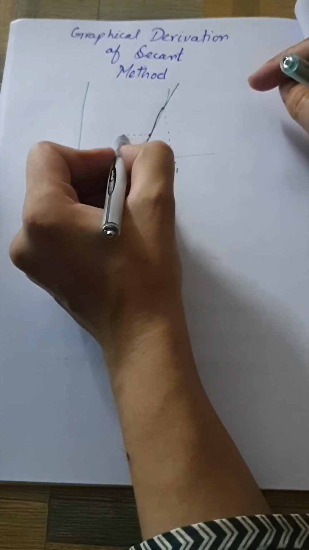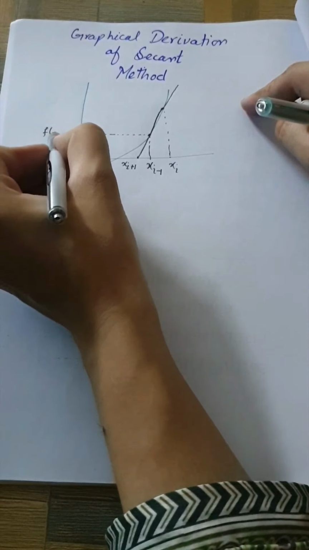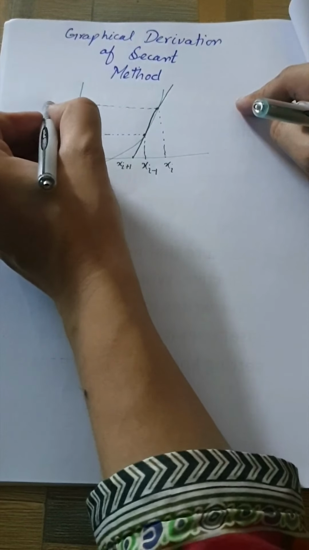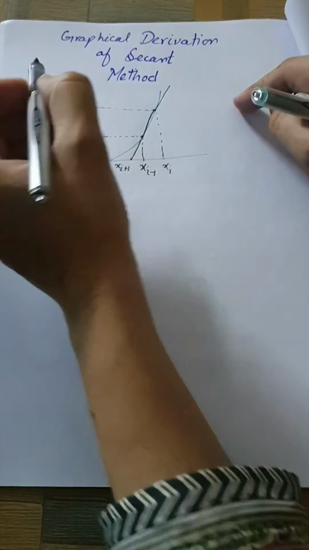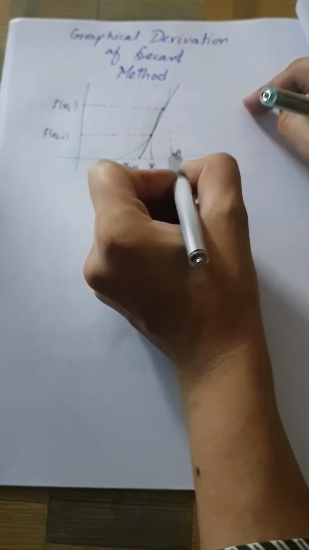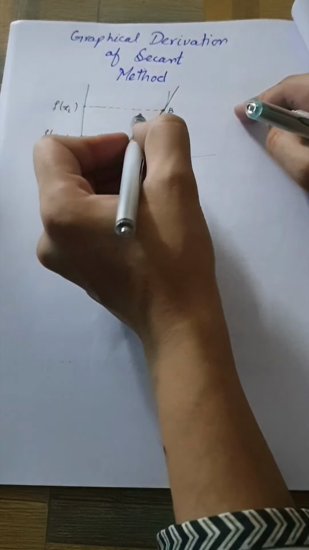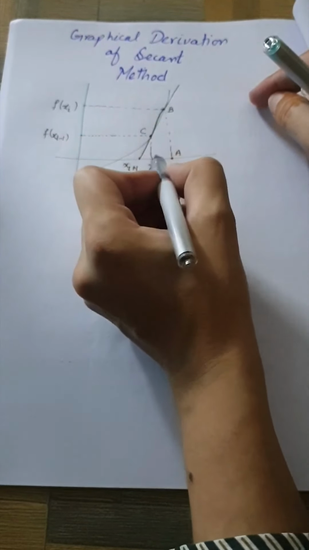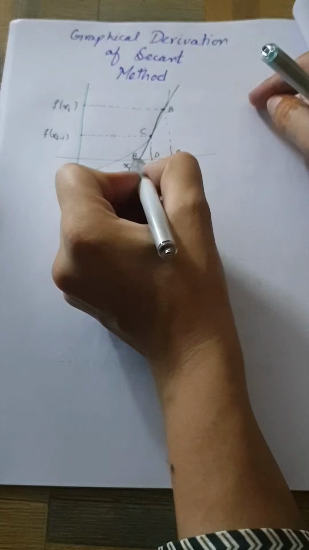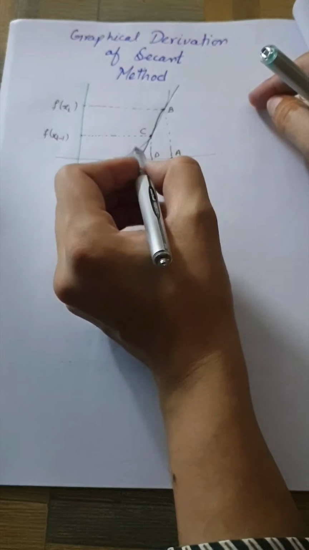Now let's just represent the value of the function at x of i minus 1 by f of x of i minus 1, and this will be denoted by f of x of i. Alright, let's just mark all the other points with the alphabets. Like this point is represented by A, it is B, it is C, here we will have D, this is my point E.